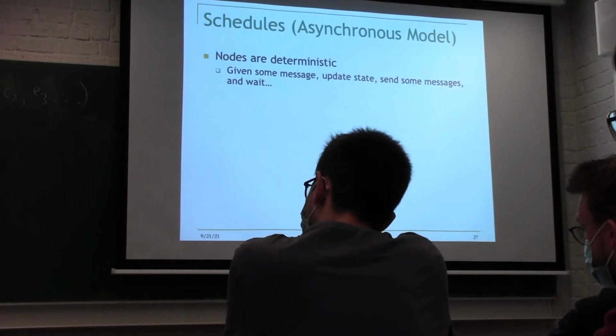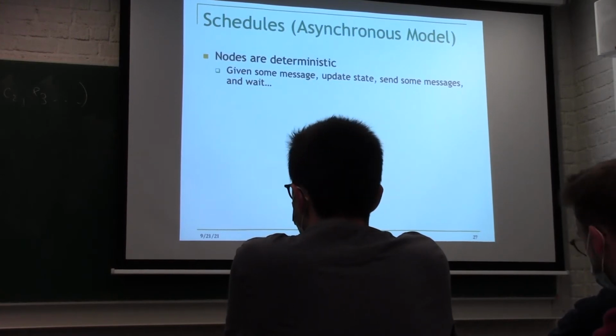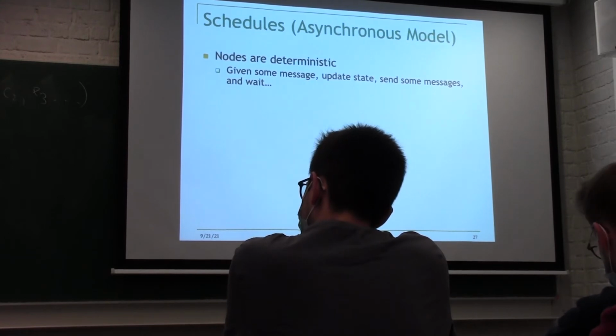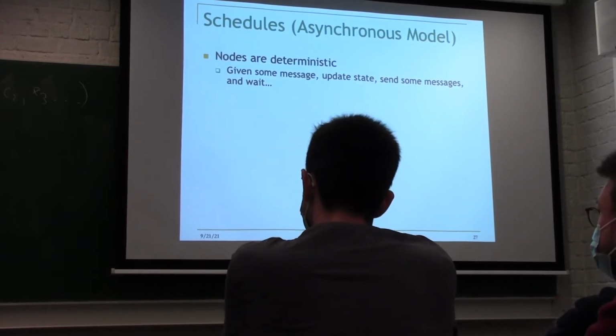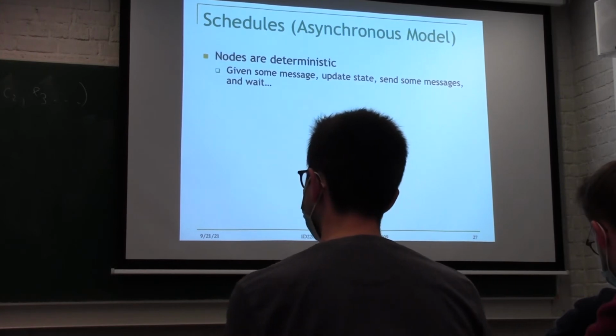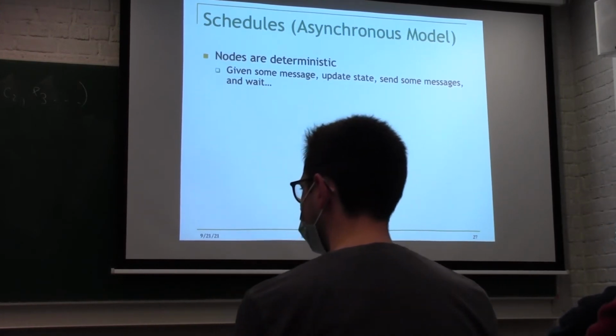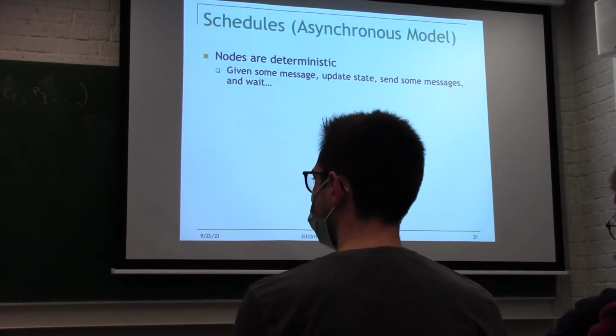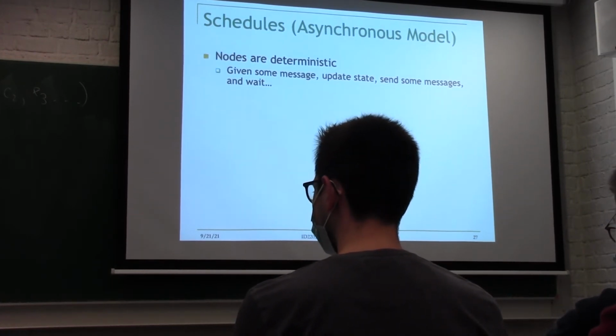Let's take a closer look at this. Nodes are deterministic. I told you that already. Given a message, you update the state, you send some messages, and it's always deterministic. If I have the same message coming in and the same state, it will do the same thing, always. But